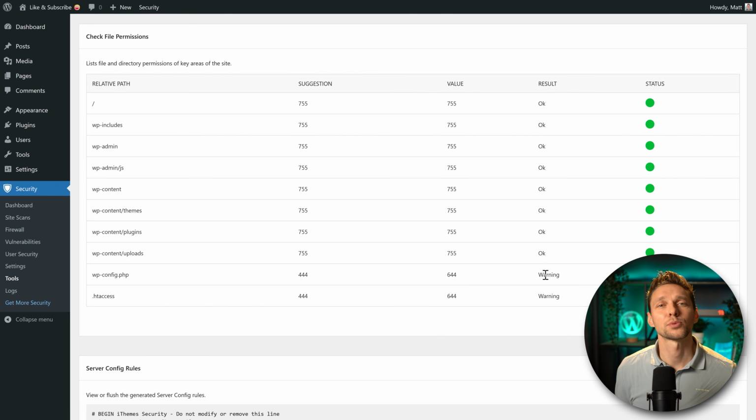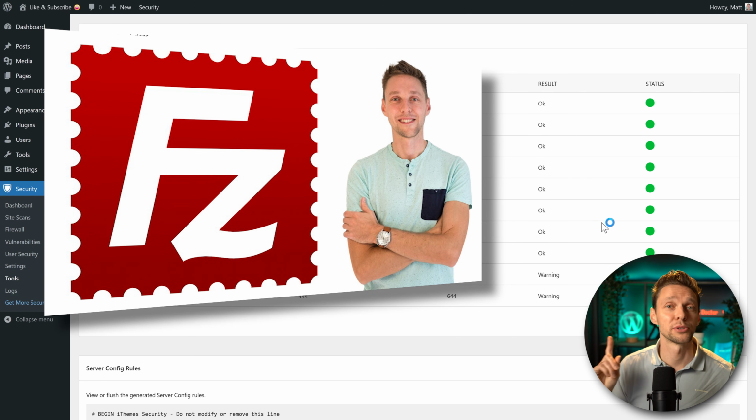But that's okay, because when my caching plugin is writing information, it has to have access to these two files. If you see more yellow dots over here or even red ones, make sure to watch my tutorial over here and I will teach you exactly how to change those permission values within an FTP program, which is completely free, of course. I'll walk you through the process step by step, so don't worry over there.